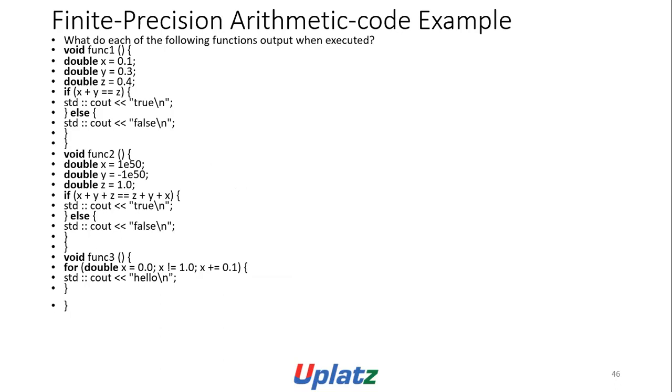Finite-precision arithmetic code example. What do each of the following functions output when executed? void func1() { double x = 0.1, y = 0.3; double z = 0.4; if (x + y == z) std::cout << true; else std::cout << false; } void func2() { double x = 1e50, y = -1e50; double z = 1.0; if (x + y + z == z + y + x) std::cout << true; else std::cout << false; } void func3() { for (double x = 0.0; x != 1.0; x += 0.1) std::cout << x << "\n"; }